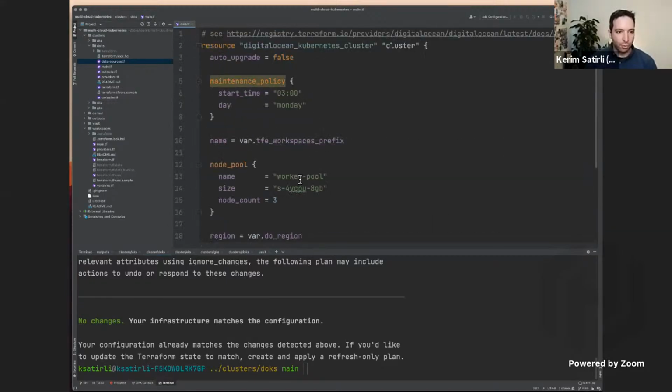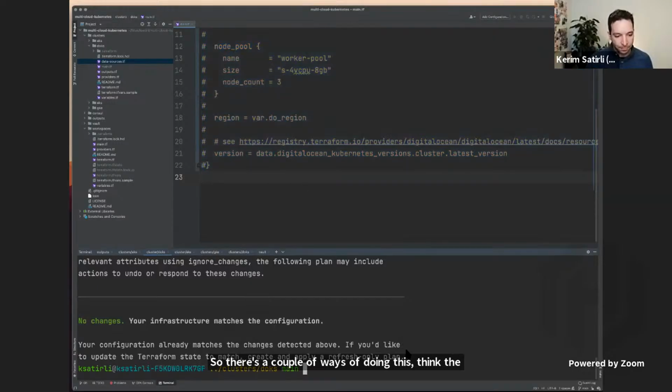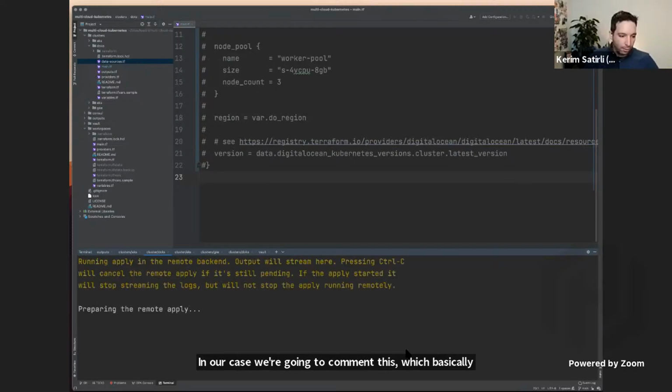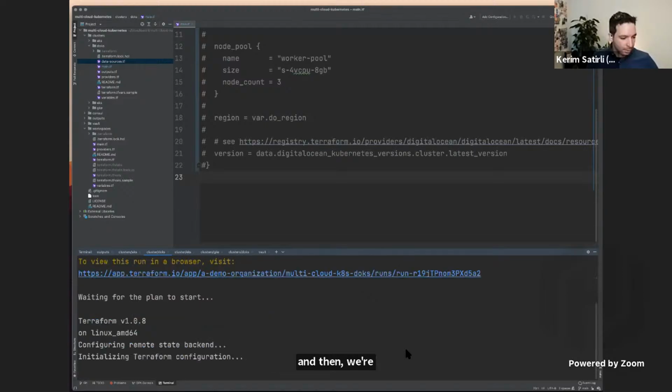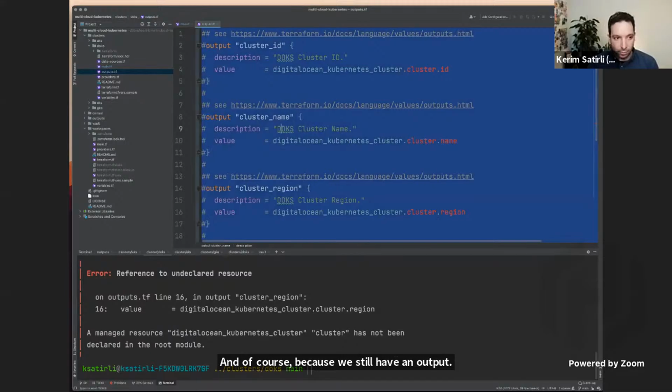I think the first one, the easiest one, in our case, we're going to comment this, which basically makes it invisible to Terraform. And then we're going to rerun our plan. And of course, because we still have an output, which we're going to talk about in a second,